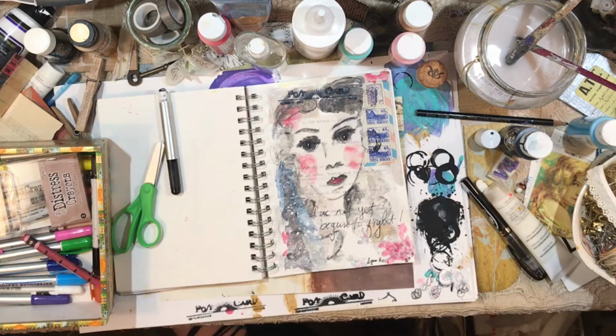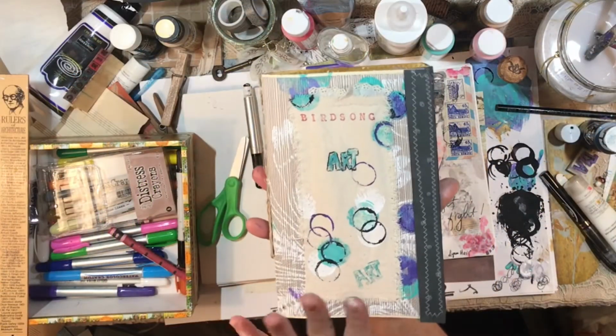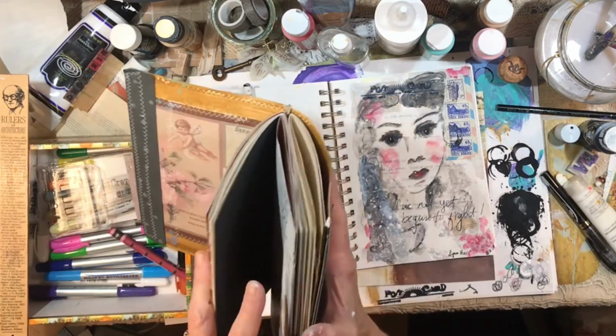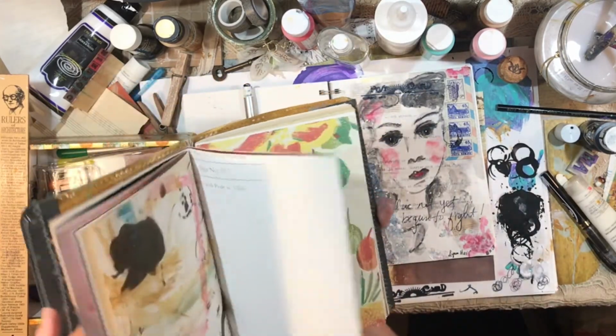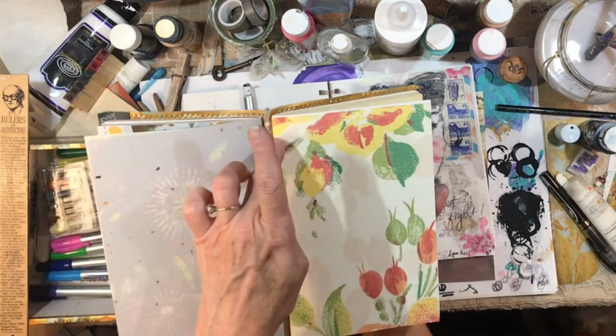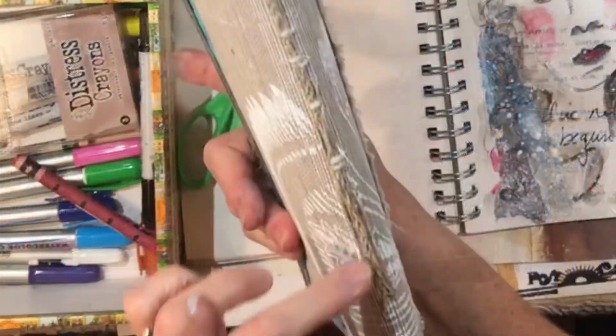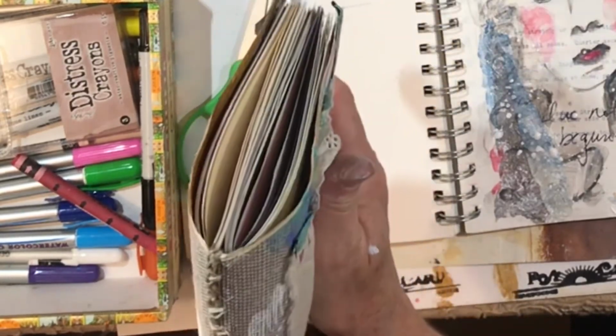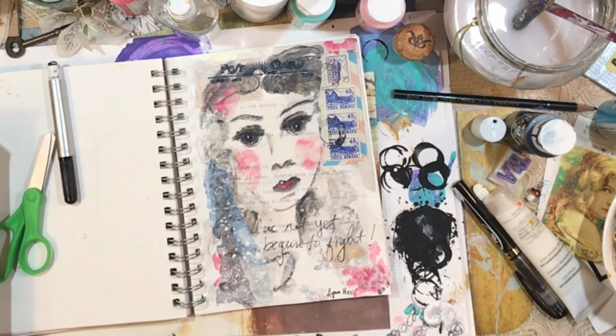These are a lot of fun, and these are the types of journals that you can sit down and do things like this. They're fun. They have a lot of fun paper and a lot of nice heavy white paper. Two signatures. I love the way this is sewn in. That's kind of just something I just did. And anyway, I just wanted to